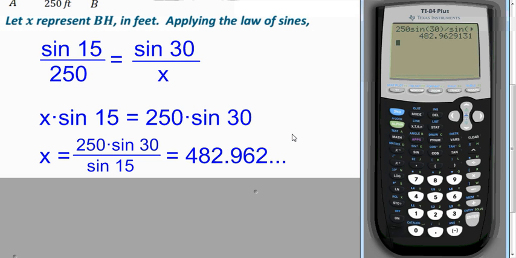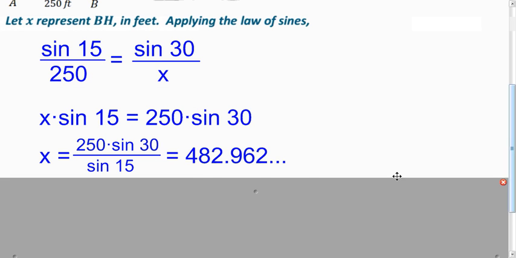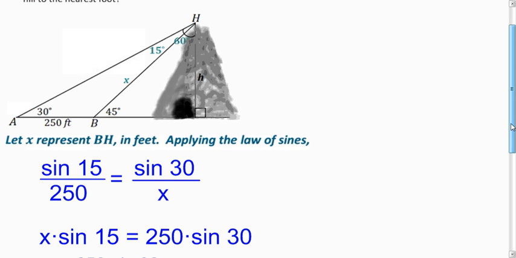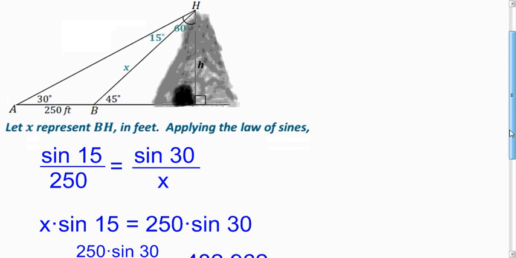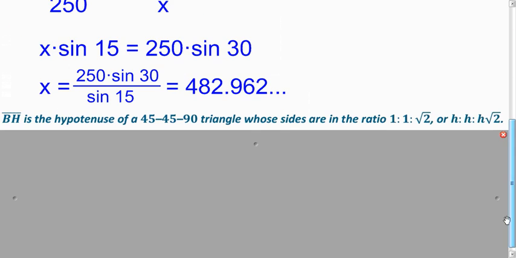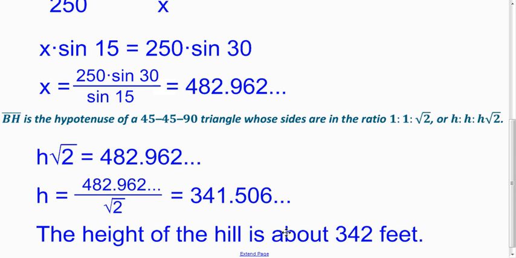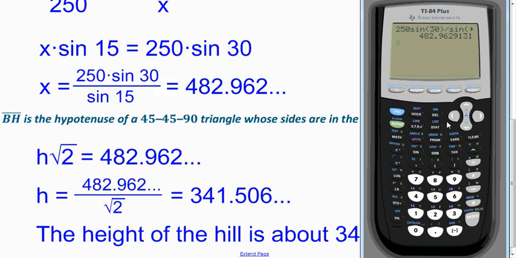So that's how you can use law of sines to find a missing side, but we didn't answer our question. We want to figure out what is h. Well, we got the hypotenuse of 45, 45, 90. And we know that if we multiply the leg by the square root of 2, we get the hypotenuse. So we just got to divide by the square root of 2. So don't round your number too early. So when you take this previous answer, you can either store that as a variable or just hit the divide button to input your previous answer. Divided by the square root of 2. And we get about